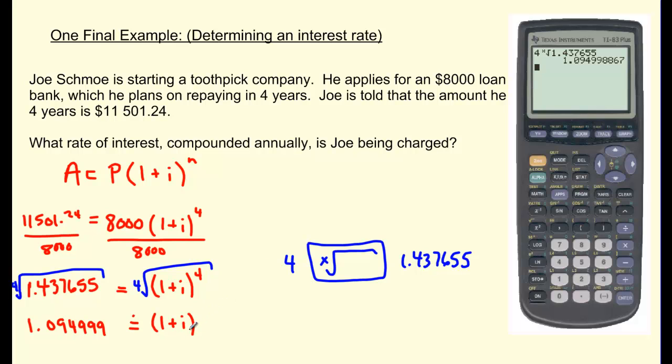Now if I want I by itself, I'm going to subtract 1 from both sides. So my interest rate is going to equal this, but subtract 1, so 0.095 when I round it. And so how do we read this? Well, this is equal to 9.5%